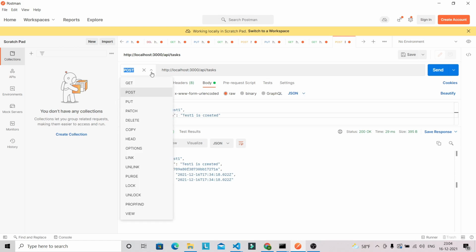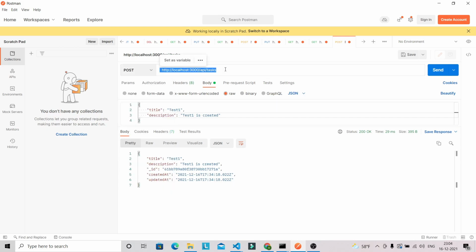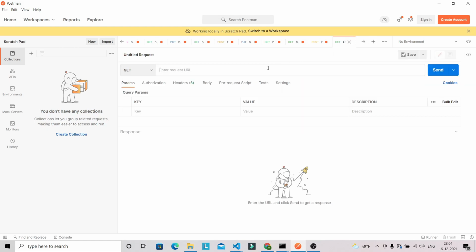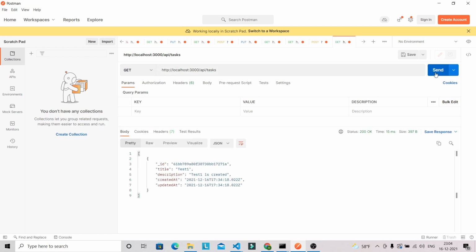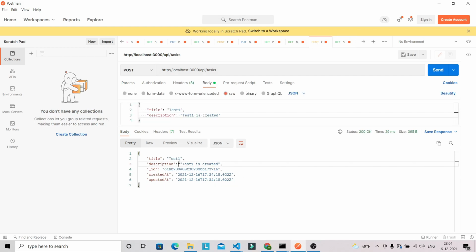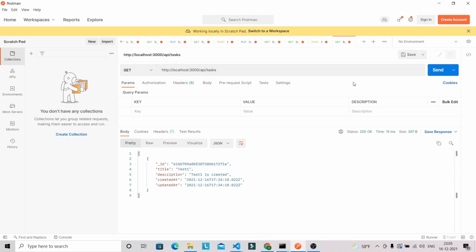can verify this one by just selecting this one, GET. Okay, so I'm going to do it in the next tab so that you don't get confused, and here you can use this method GET. So this is the task that we have created in this tab. Okay, and if you create one more task with test2, let's click on send. So it will return the same task that we have created, and here you will get both tasks. Okay, so if you click on send, you will get both tasks that we have created from this tab.